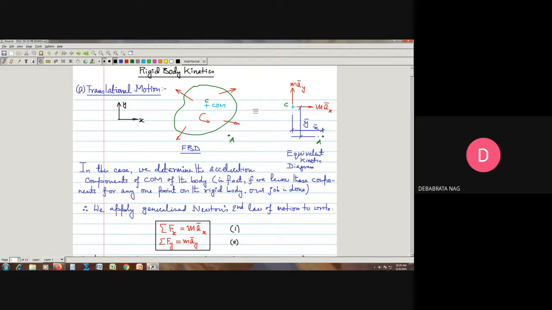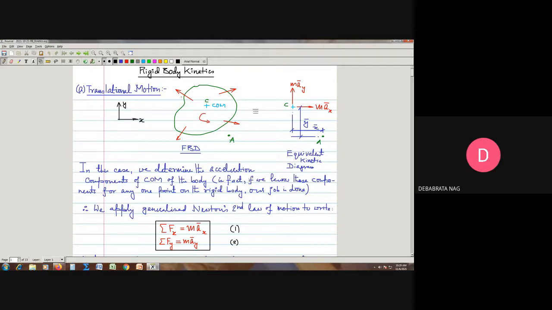What does this summation Fx represent? It represents the sum of all the external forces acting on the body as shown in the free body diagram. So again, we must take very extra care or caution to draw this free body diagram correctly and show all the possible effects of the interactions between the external surrounding and the system in the form of these forces.